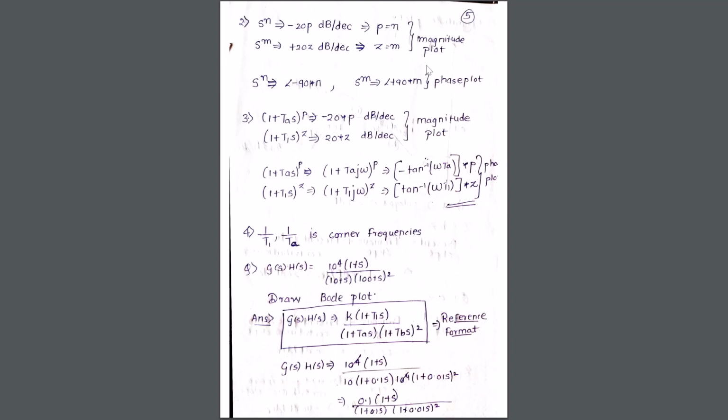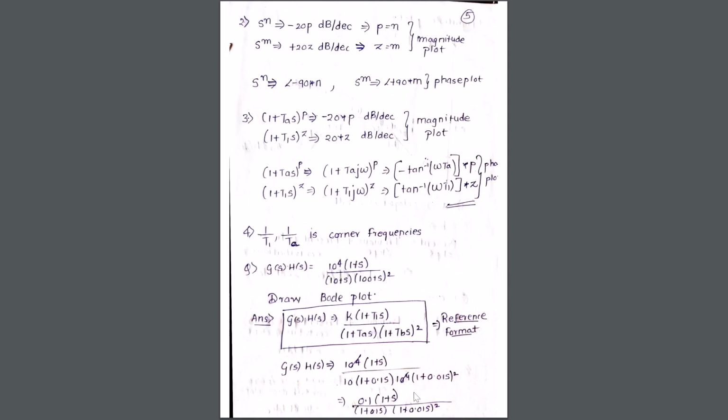So I hope I am very clear to you. In this way I have my entire magnitude plot plotted. I'll just give a quick revision. A open loop transfer function is given to me. I have to get this transfer function in the standard format k into 1 plus t1 of s and so on and so forth. Get this into standard format by simple mathematics which I explained. Now start plotting. Before plotting, you need to first mark the frequencies on this omega scale.